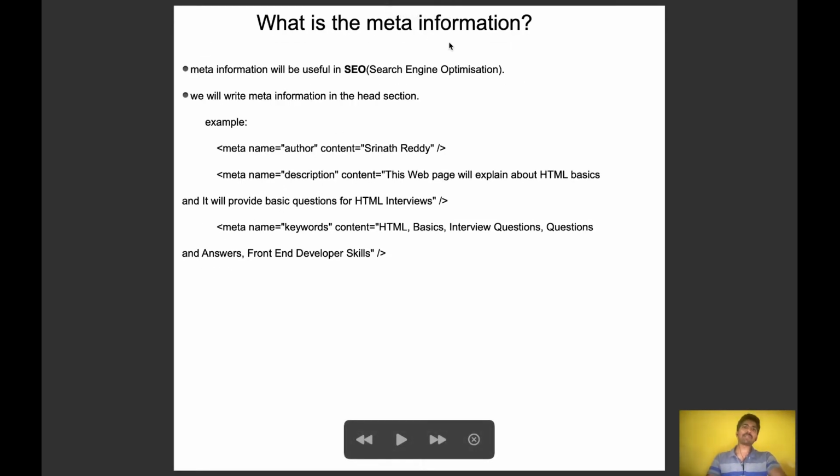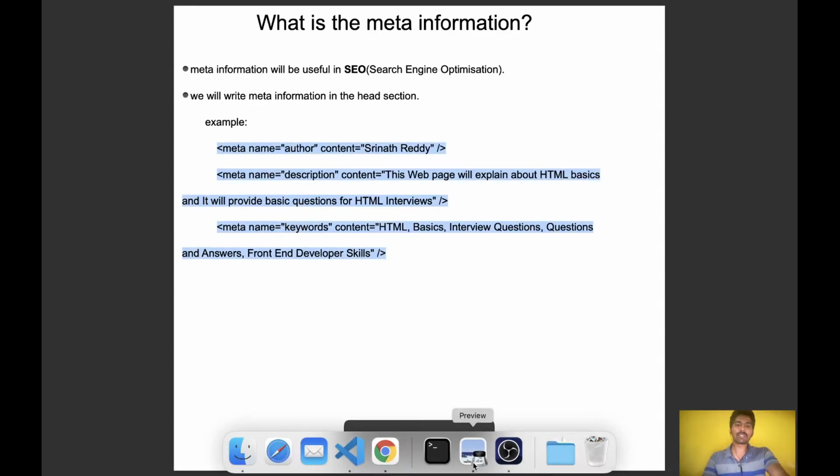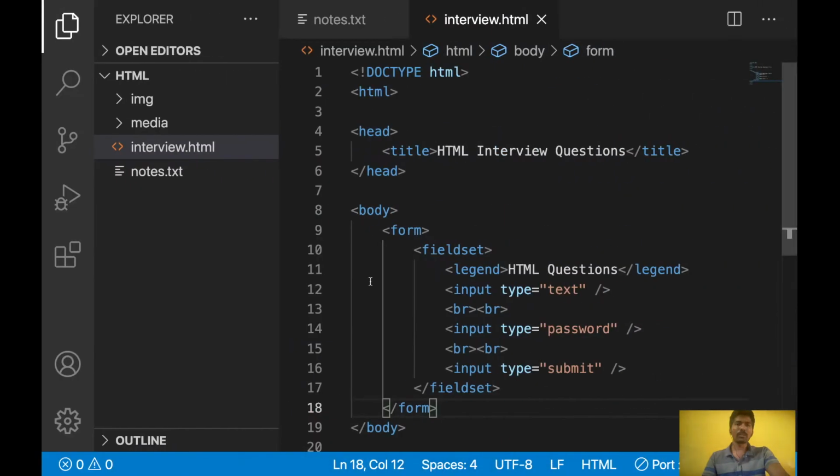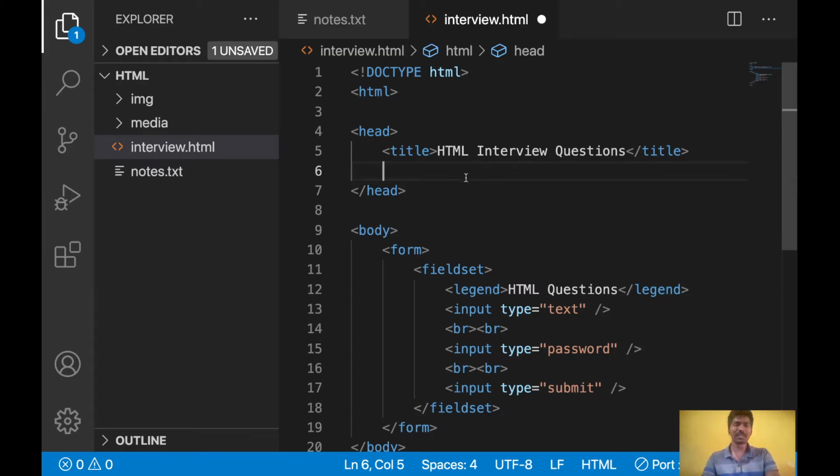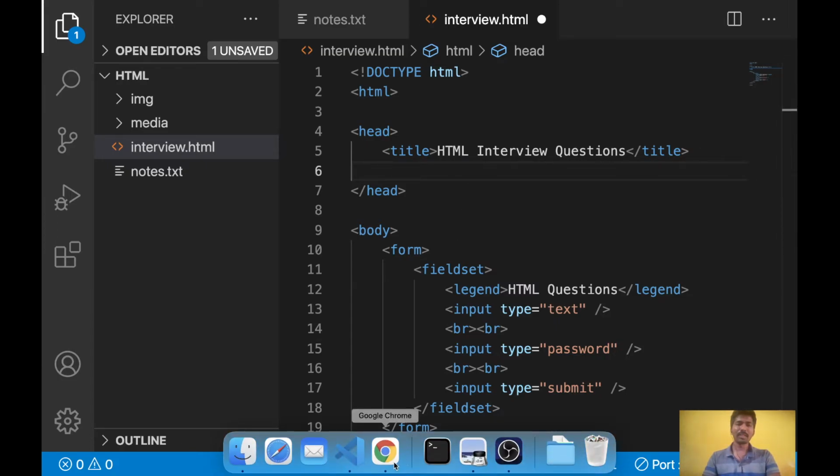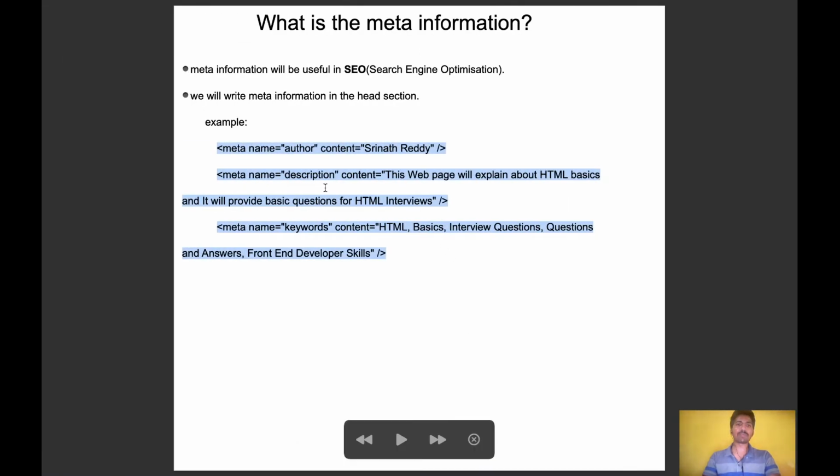What is meta information? Yeah, meta information is also useful in SEO, search engine optimization. So meta information we will write inside the head section. If we go here, the head section is there, right? Here we will write the meta information, whatever meta tags are available. For example, here we will write the author who wrote this web page; the name attribute says author, and content has the name of the author.